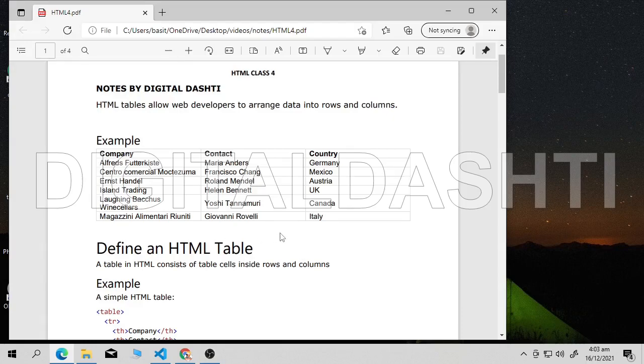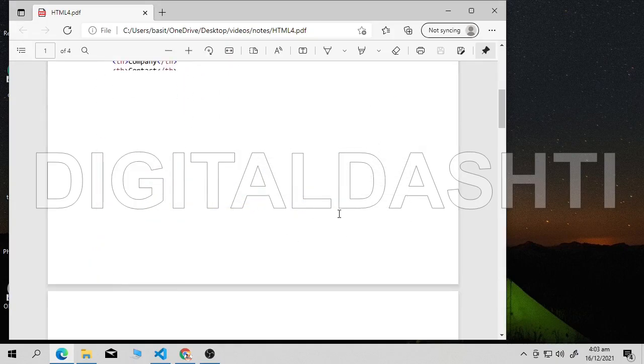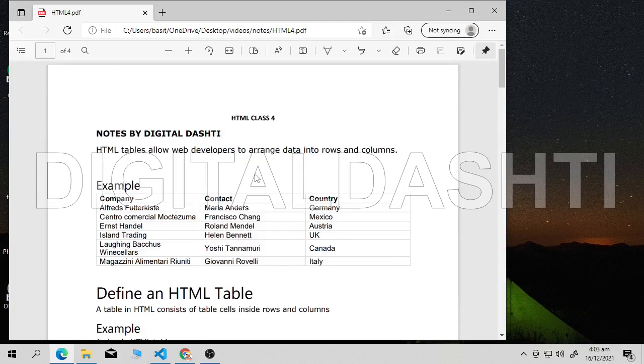After this HTML course, we will do a small basic beginner course for CSS, so that you could design your website. Now, in this episode we will discuss how you can make an HTML table like this. This is an example for you. I have written the complete notes on HTML table. You can download the notes from the link given in the description.